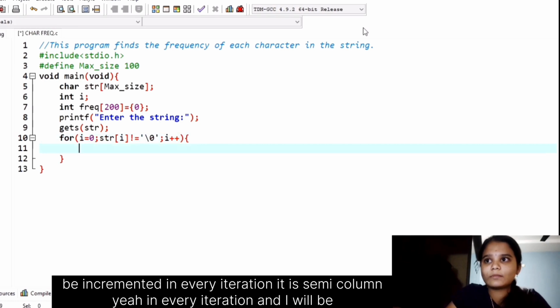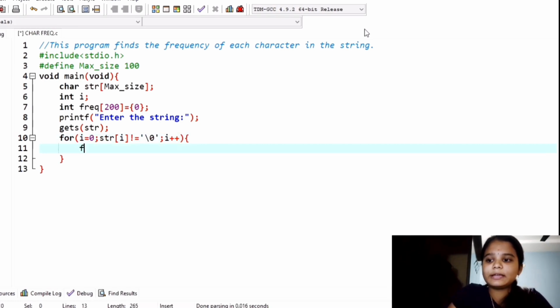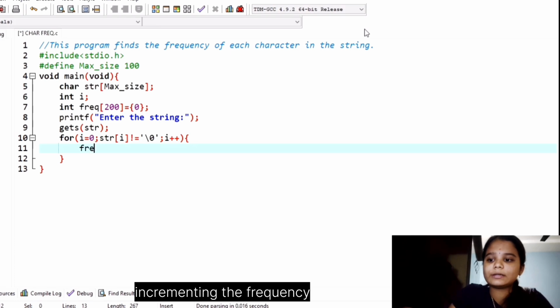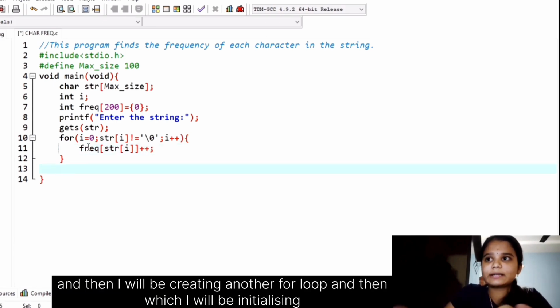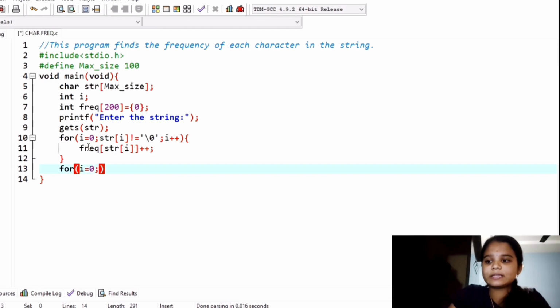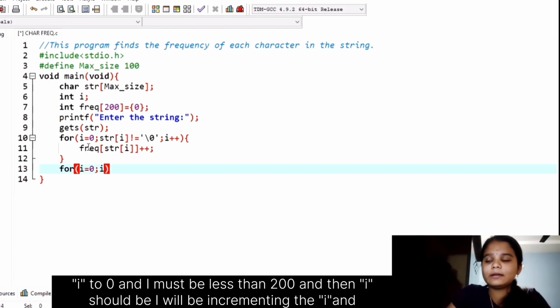And I'll be incrementing the frequency, and then I'll be creating another for loop, in which I'll be initializing i to 0 and i must be less than 200, and then I'll be incrementing i.